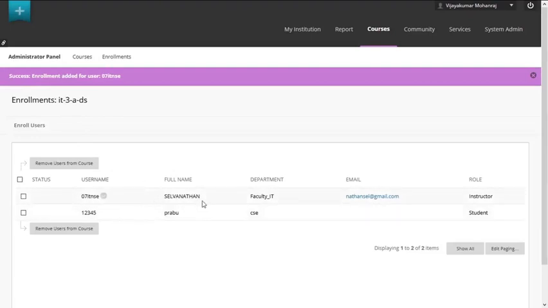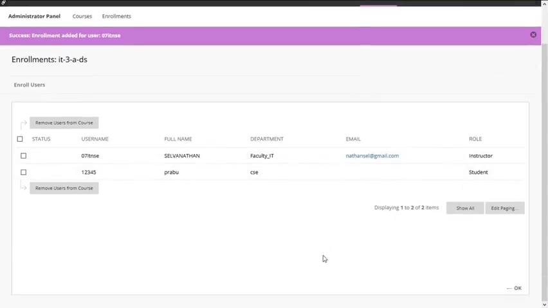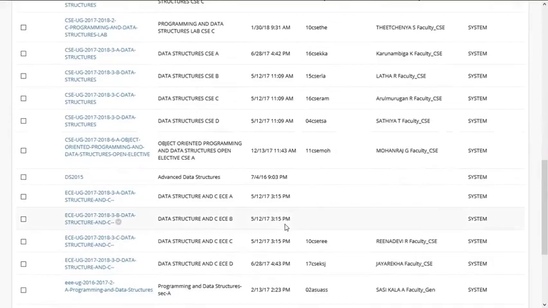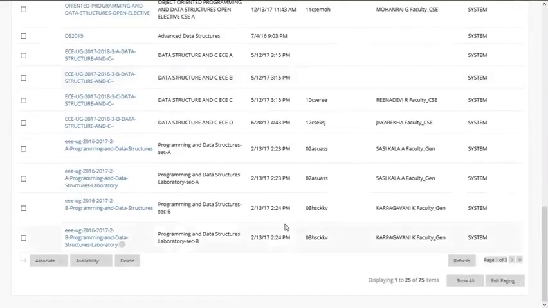One is myself, Selvanathan, enrolled as instructor, and the other user is Prabhu, enrolled as student. Once you have enrolled all the students, you can click the OK button. Now users are enrolled to the particular course, which is data structure.